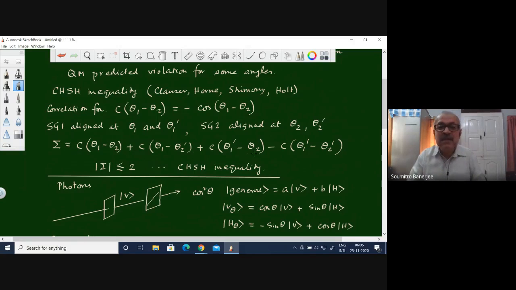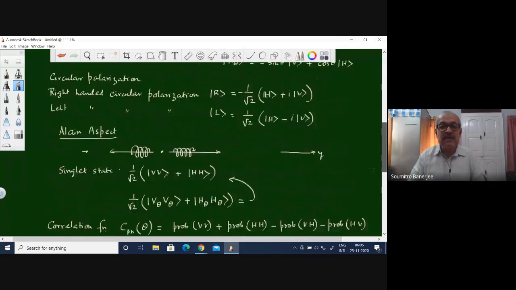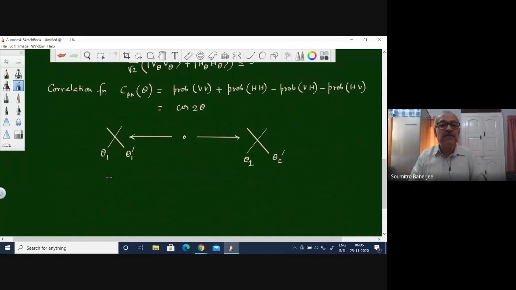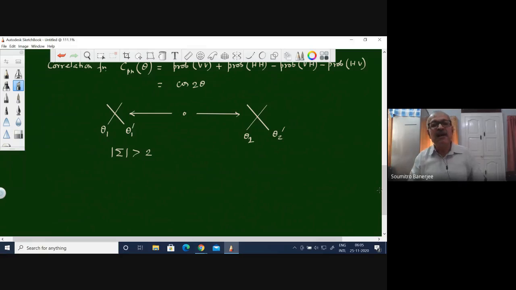So you have this inequality, which should be satisfied if the local realism position is correct. But what they found after doing exactly the same experiment is that under certain angles, this turns out to be bigger than 2. We have earlier seen in the last class that it can go as high as 2 root 2, but here they found that in some angles it can be bigger than 2. The paper was published towards the late 1980s, and after that this experiment has been repeated by many groups,